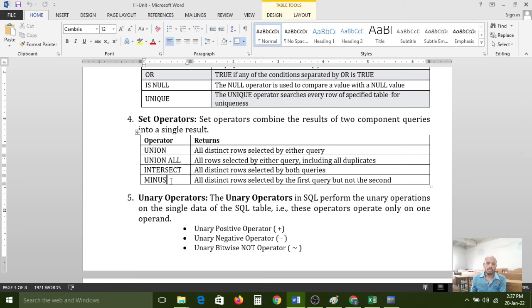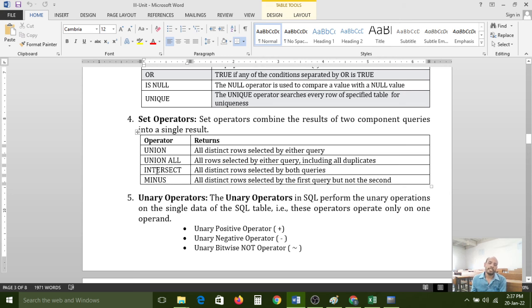Somebody may have forgotten it, but the set operators' functionality is to combine the data, to extract the data from one table to another, to intersect the data, to minus the data. These operators perform operations on the data sets.